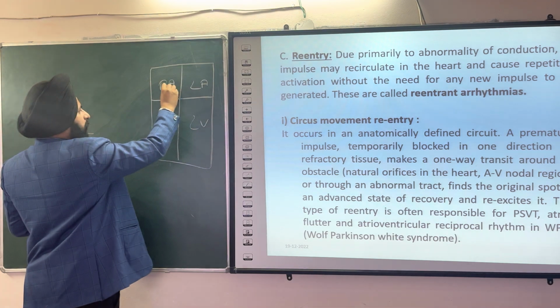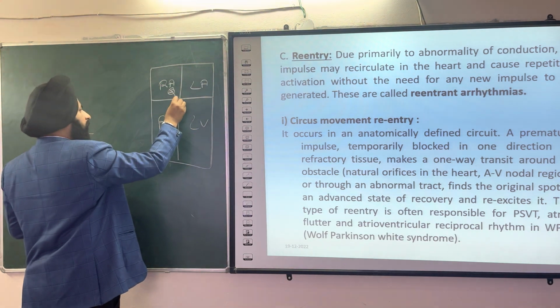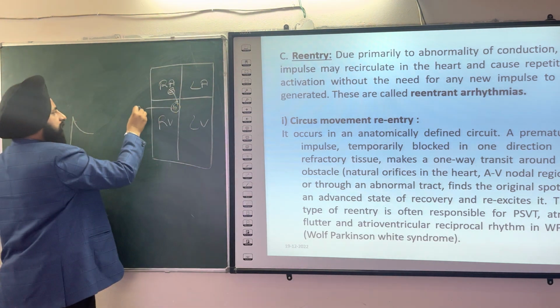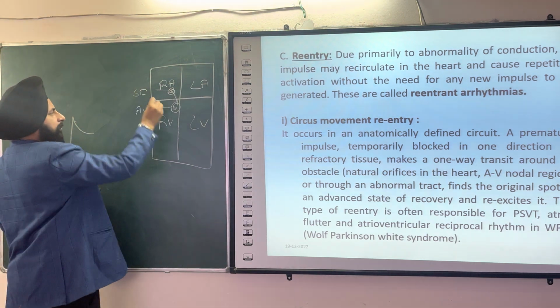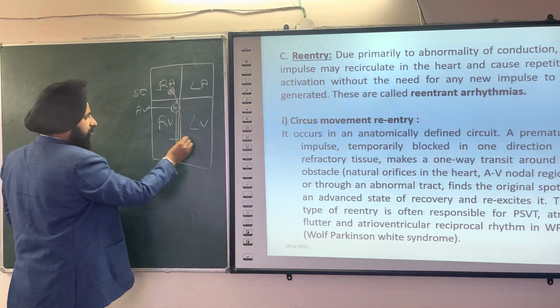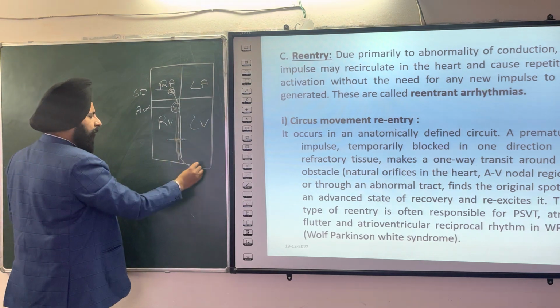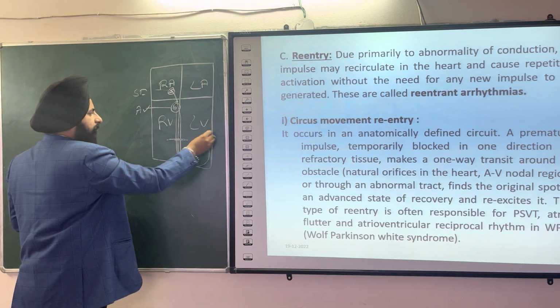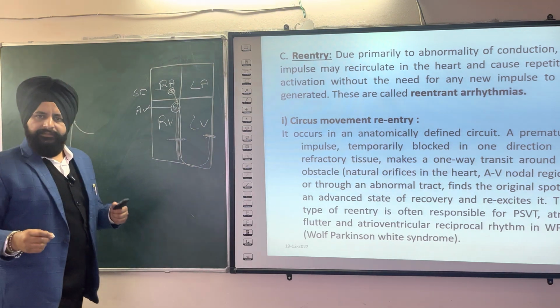Now from the SA node, the impulse moves toward the AV node. So this is the AV node, this is the SA node, and from the AV node toward the bundle of His. Now suppose there is any problem here or here in the myocardium, suppose the patient suffered a heart attack,